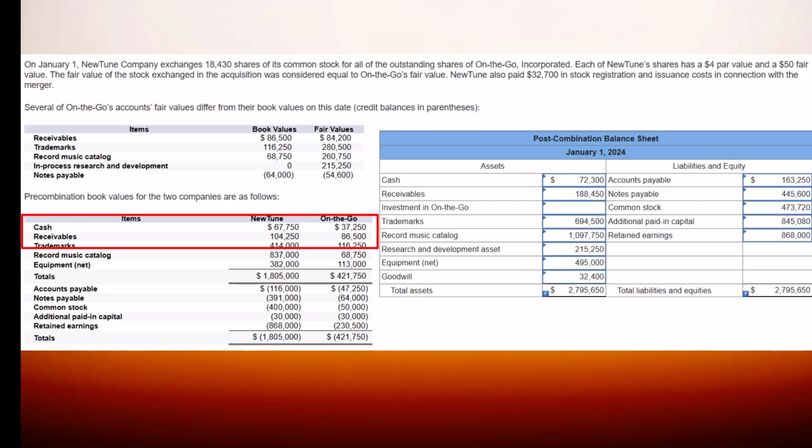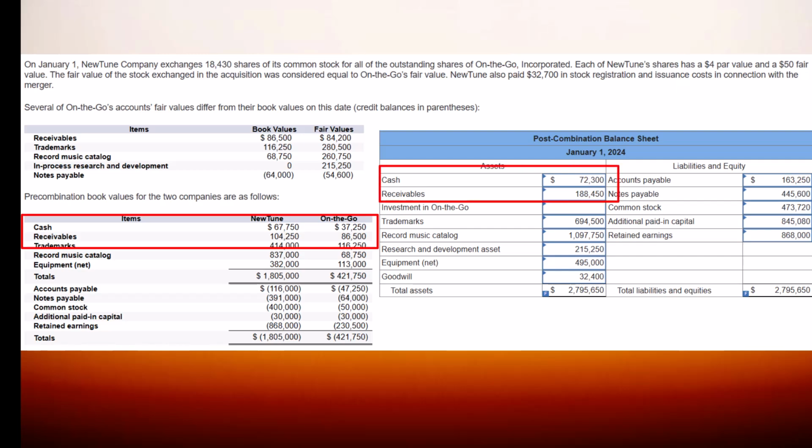We acquired $37,250 in cash from On the Go. But remember, we also paid $32,700 in cash for stock issuance costs. So the final cash balance is $67,750 plus $37,250 minus $32,700,